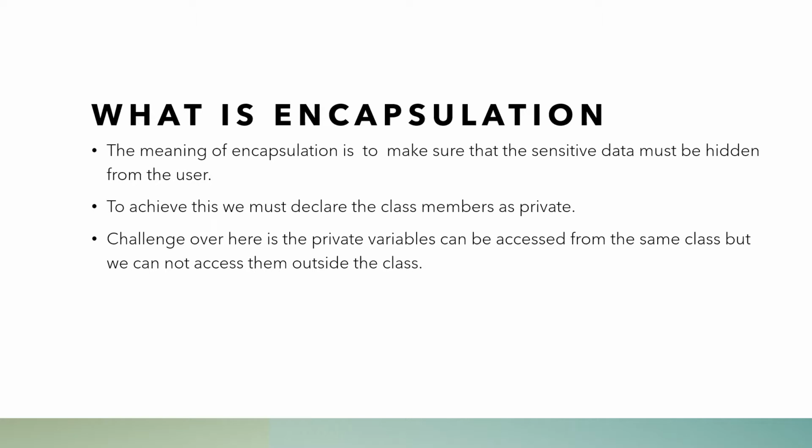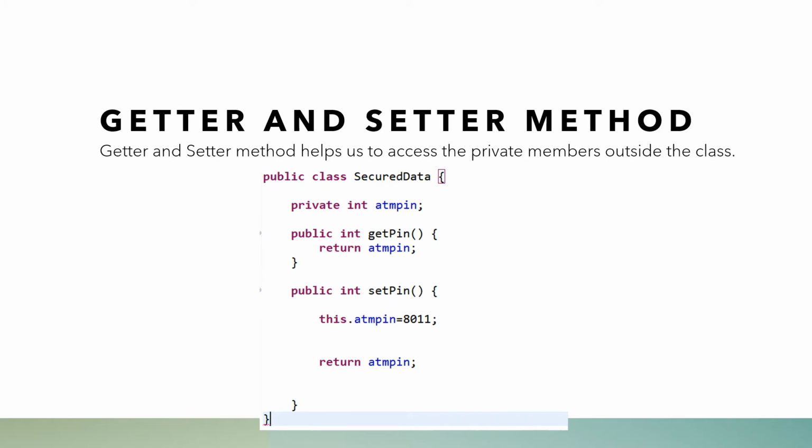So what is the challenge we will face once we make the class members private? The main challenge is that whenever we need the data or information to be accessed outside the class, we will not be able to do it. But is there any way to access the private members outside the class? The answer is definitely yes. So how can we access them? The only way is to define getter and setter methods. By defining getter and setter methods, we can access even the private members outside the class by calling these methods outside the class.